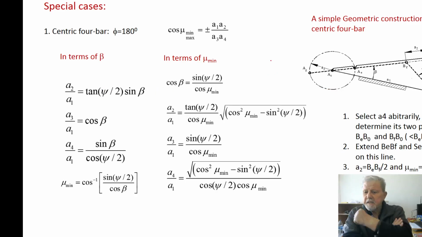Okay. There are special cases. One is centric 4-bar. Phi is equal to 180 degrees. In terms of beta, the equations for the link lengths reduce to such a case. In terms of mu min, you can have,